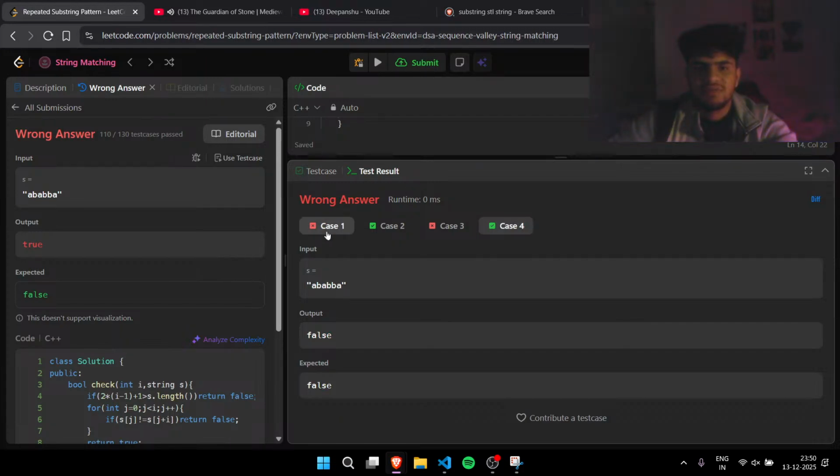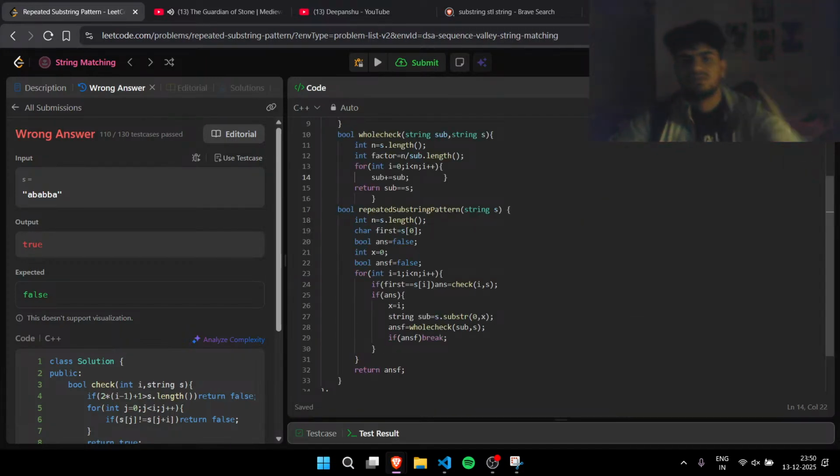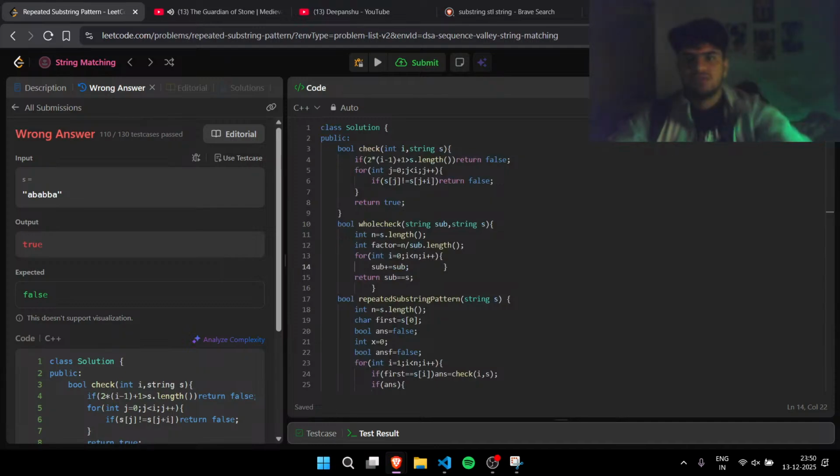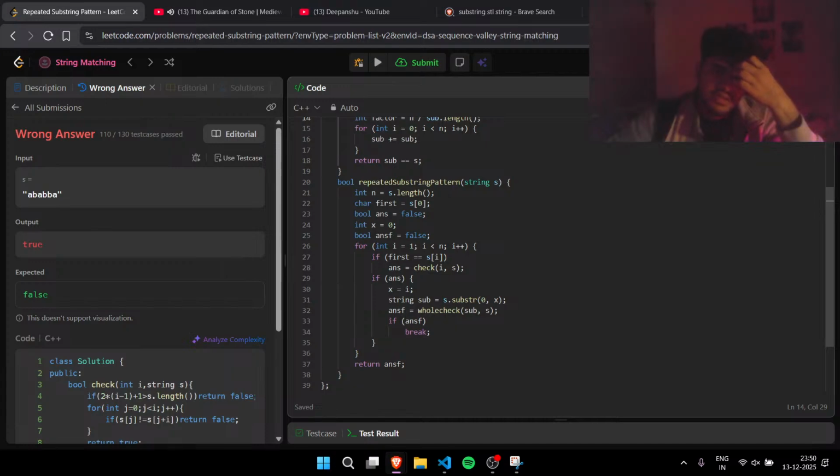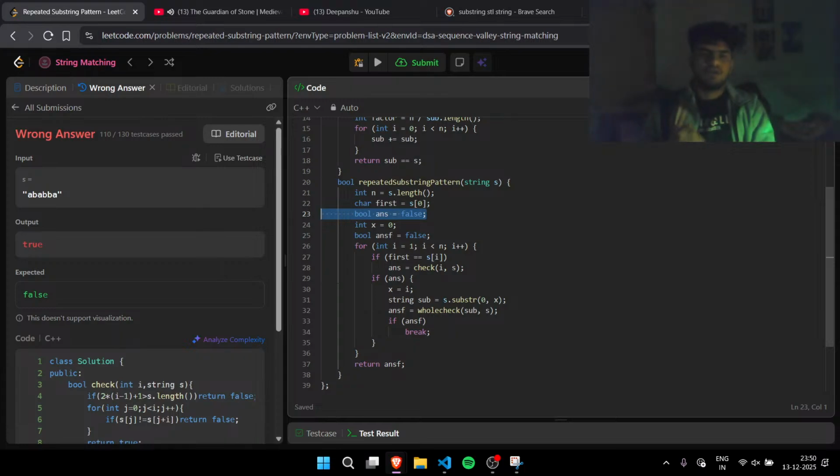This is working, but this is wrong. Where am I doing the wrong thing? Okay, so we will first do the int n. We will get the length, then we will get the first term, then we will get an answer that will check if there is a substring or not. So if there is a substring